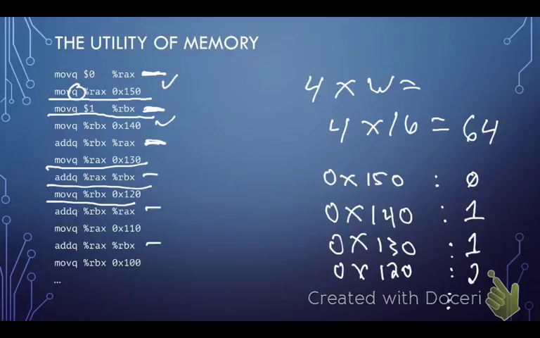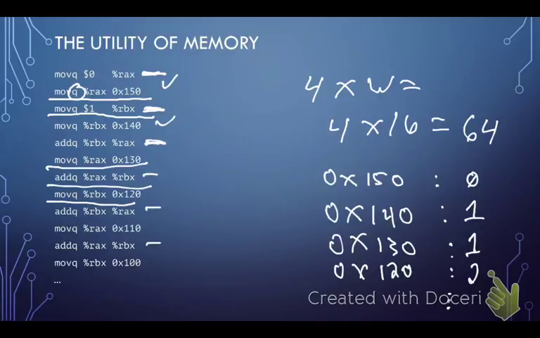Okay? So when we're done with this sequence, we actually now have all of these values stored in memory, and so they could be used later. Right? And we did this using 2 registers. So this solves our register problem. We figured out how we can use memory to reuse the registers.